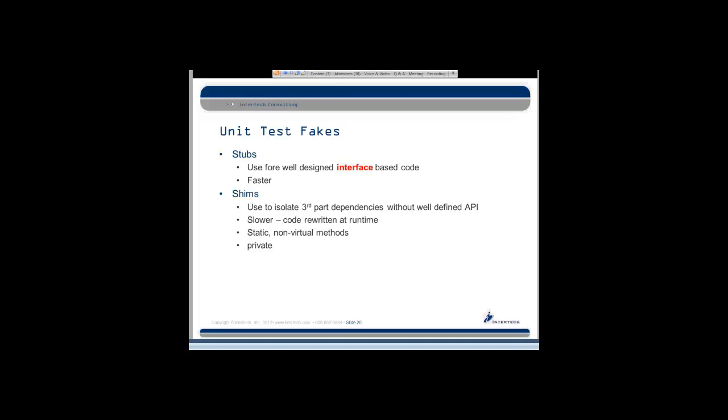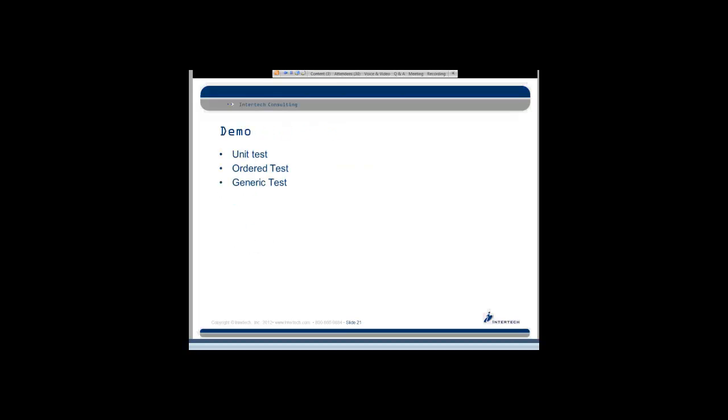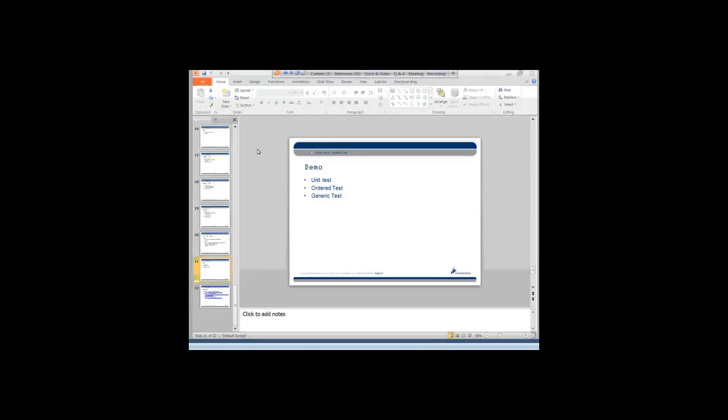Okay, we're also going to take a peek at the new fakes that are included with Visual Studio 2012. So stubs, mocks, shims, fakes, what do they all mean? And whatever site you go to is going to give you a different definition. I'm just going to use stubs and shims the way that Microsoft uses them in their documentation. And a stub is basically